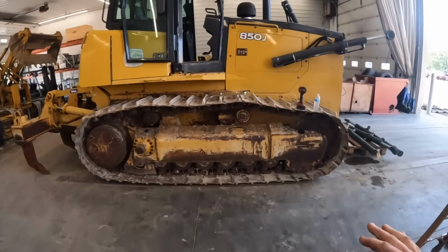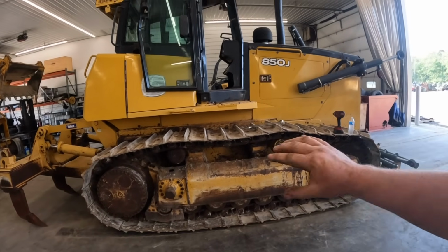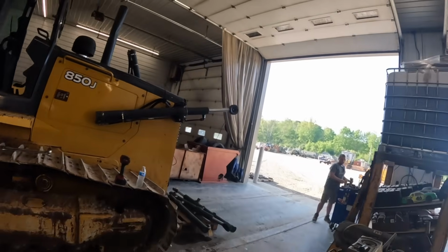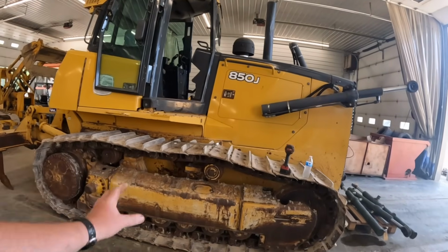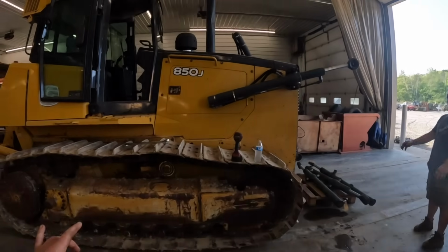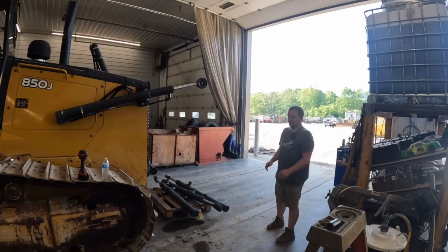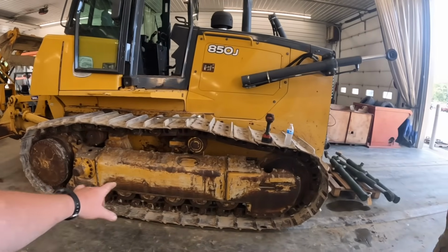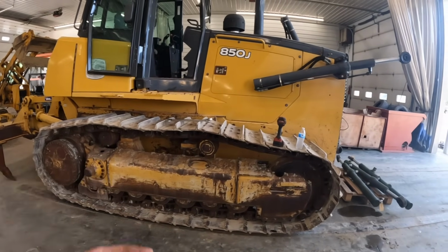So being all these rollers are all worn out, idlers and all that stuff, instead of replacing all that stuff, we're going to go out here and grab that 195 hour tractor and actually just swap the whole entire track frames. Just that easy. We're thinking that's going to be easier. I've got all those free parts sitting out there. Freebie. Free. Zip, zero, nada. So instead of unbolting everything, fighting broken bolts and having to swap idlers, all that stuff, we're just going to remove the whole track frame assembly